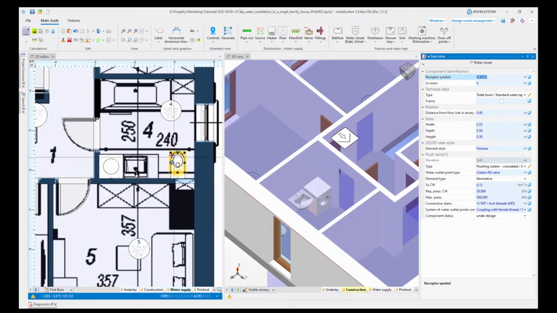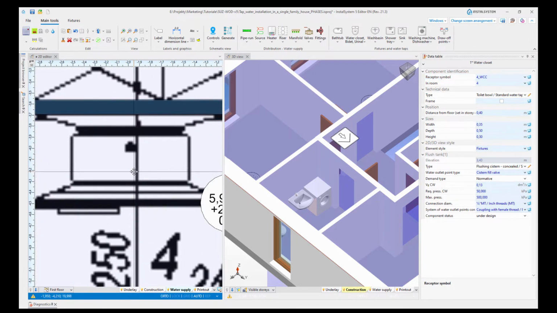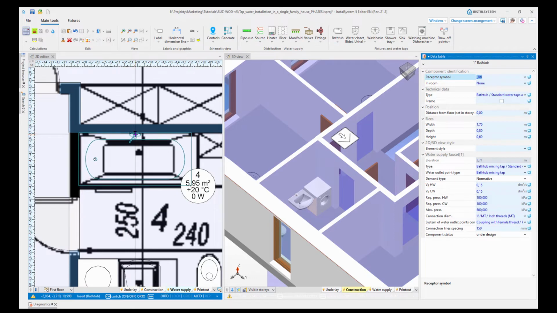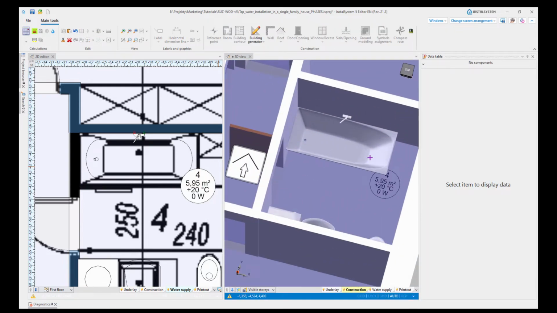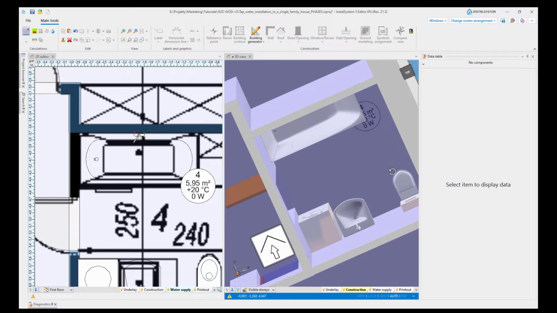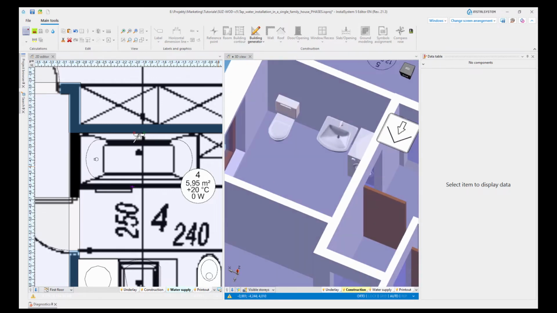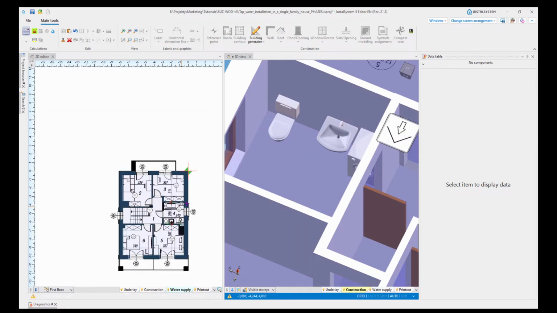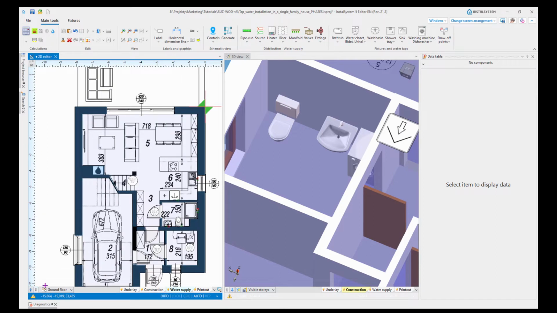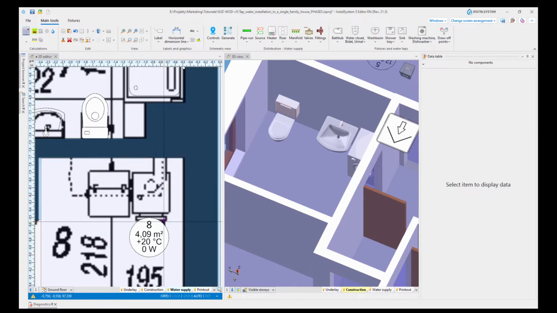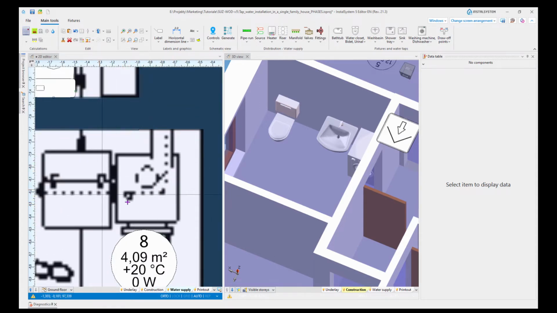Okay, and finally here we have a bathtub, and the bathtub is right here. So I do it like this and move it, and now you can see it's also here. So we have all elements in the bathrooms and in the kitchen, and we can go back to the ground floor and once again take a look at the boiler room,